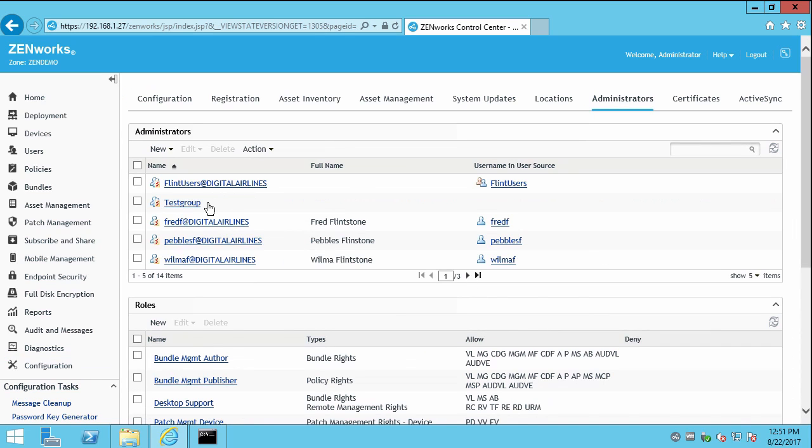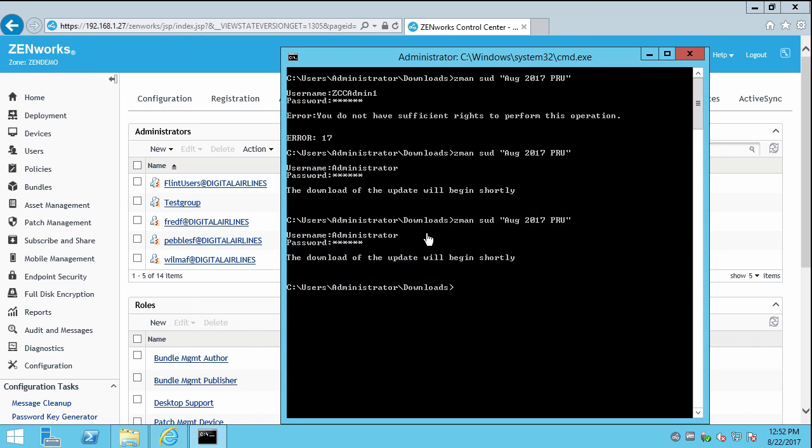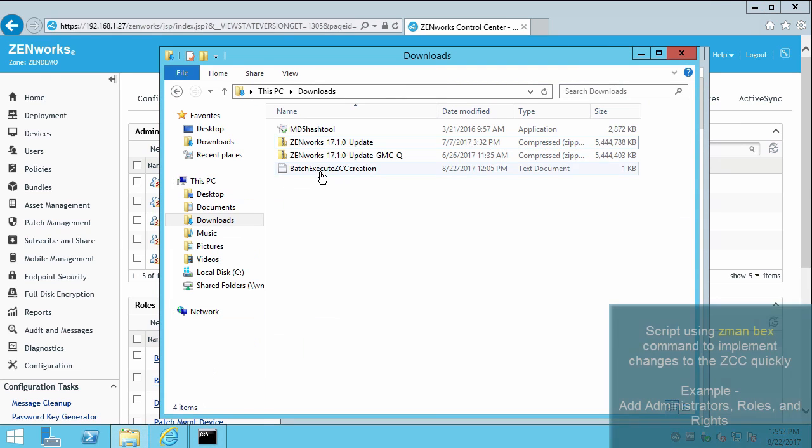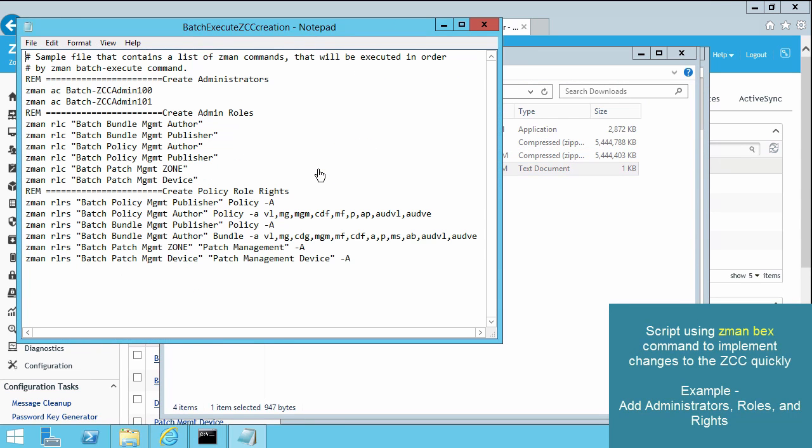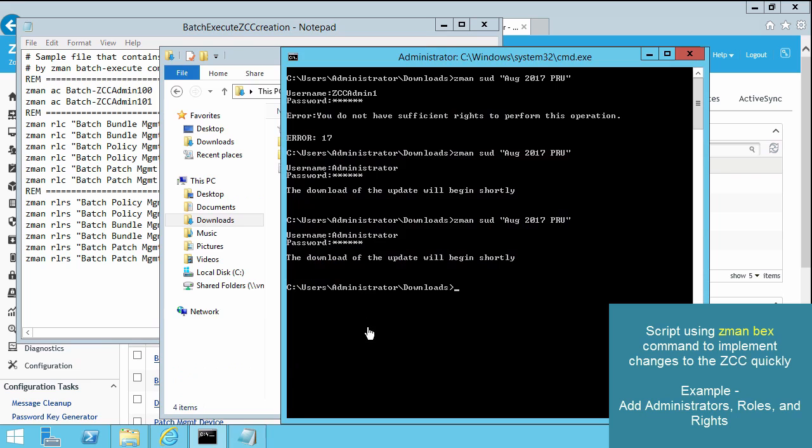And the nice thing about this as well is you can go to your eDirectory tree, drop new users in Flint users, add them in to ZCC, and since this user group is already associated and they're a ZCC administrator, they'll be good to go for any roles that they're associated with. The other nice thing is you can set up your roles and admins through a script. So this is administrator create, this is role create, and this is role create with the rights. So if we were to run this script,